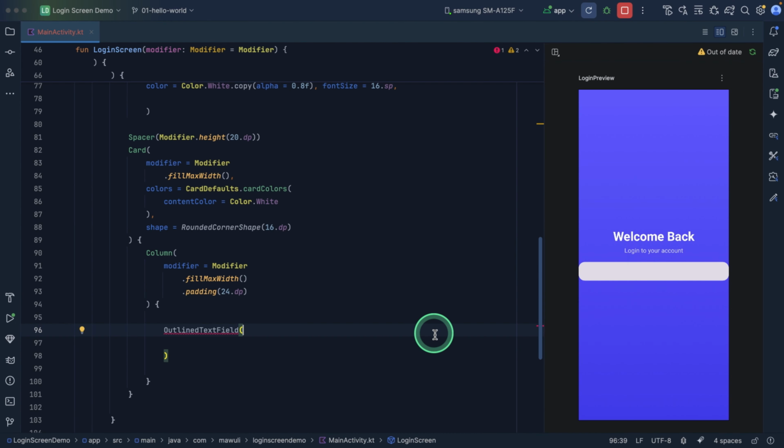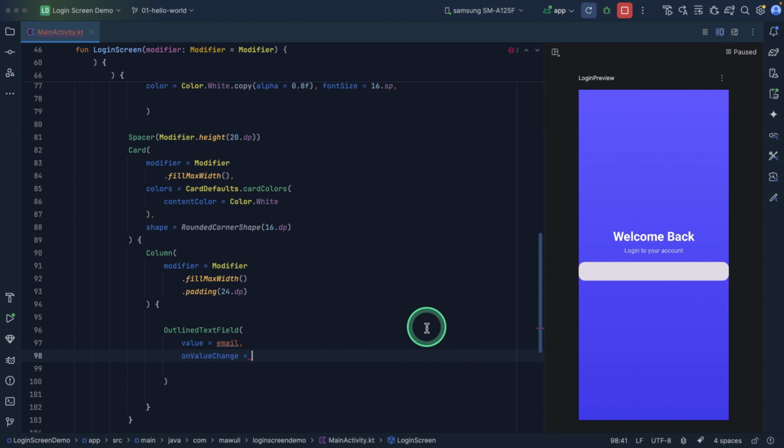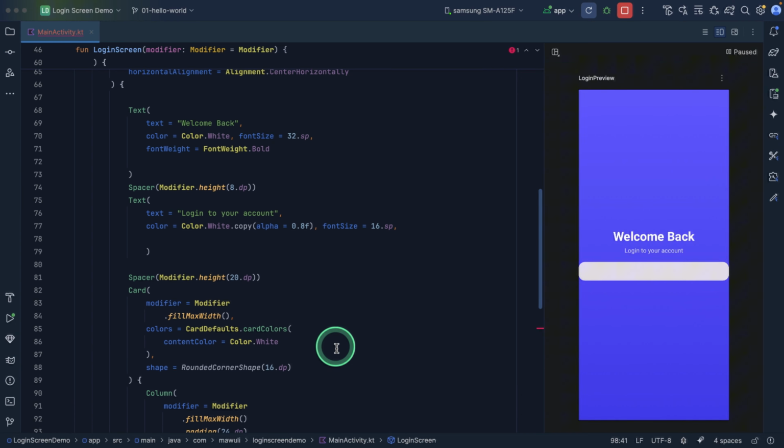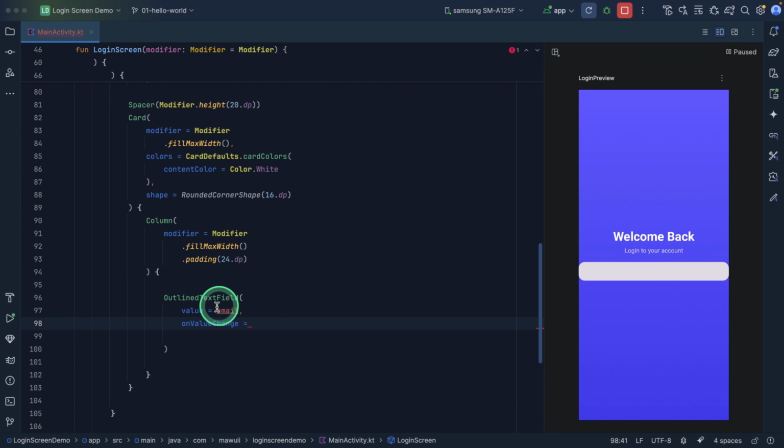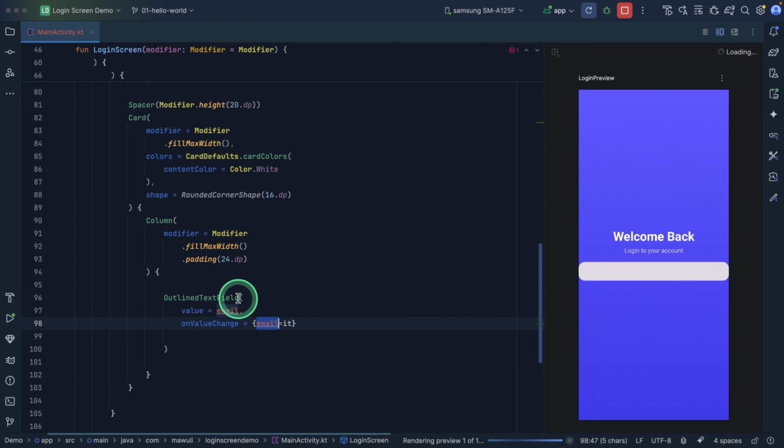So now whatever the user enters, we want to show it in the input field. So you use value is equal to whatever the user enters. And then secondly, when the user is typing, we want to save whatever the user is typing into this variable and then display it in the input field. So you pass that here. So whatever the user is typing, you assign it to this variable, and then this variable will update the input